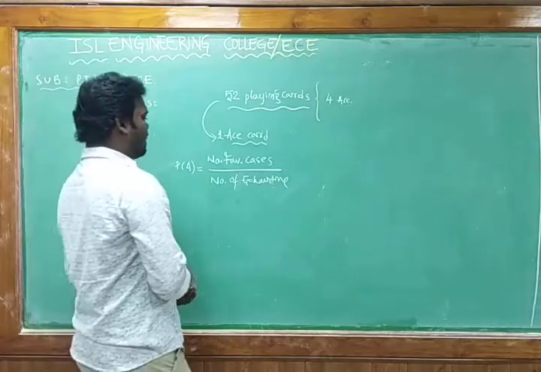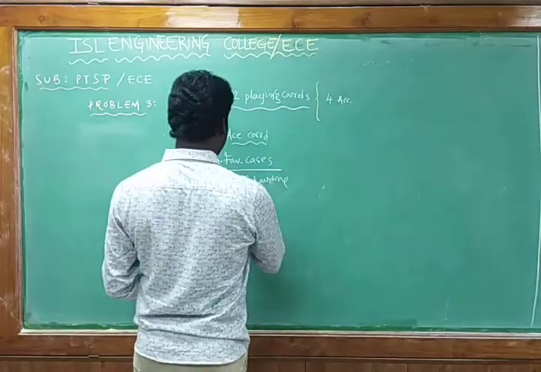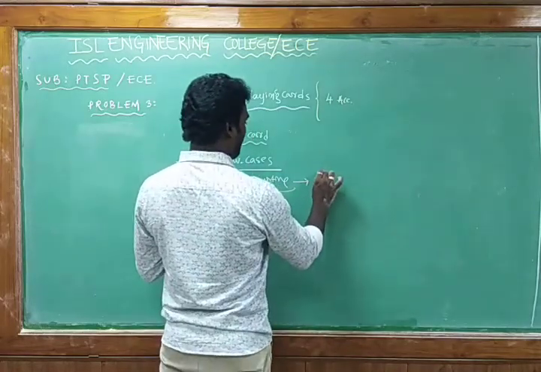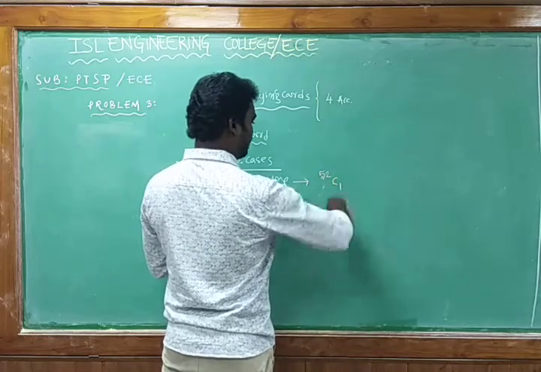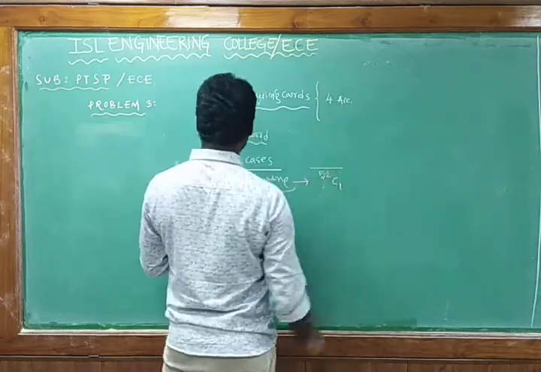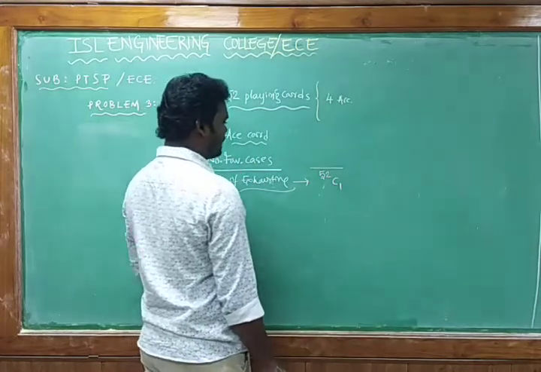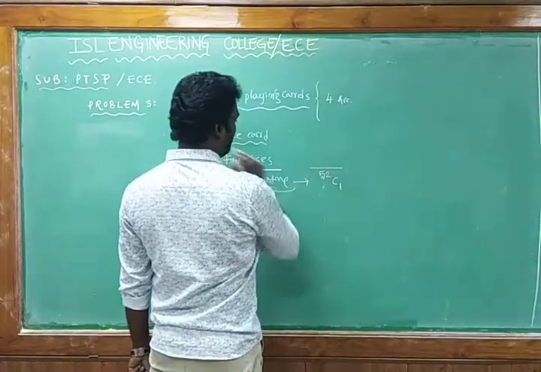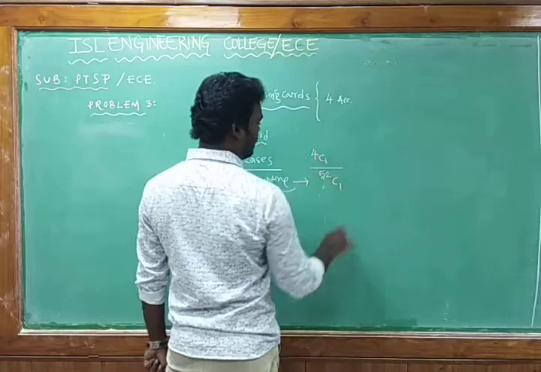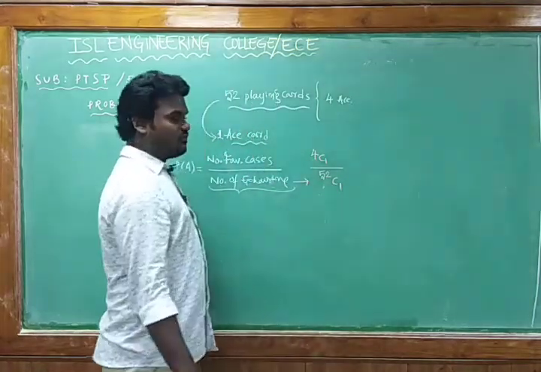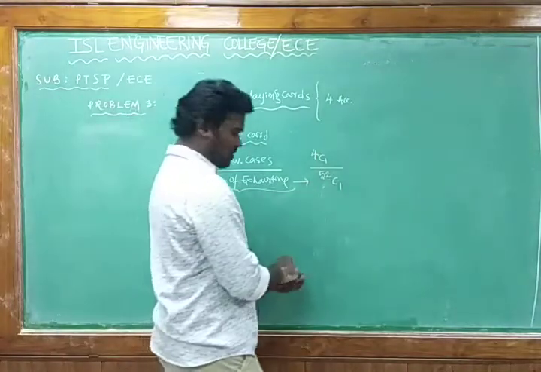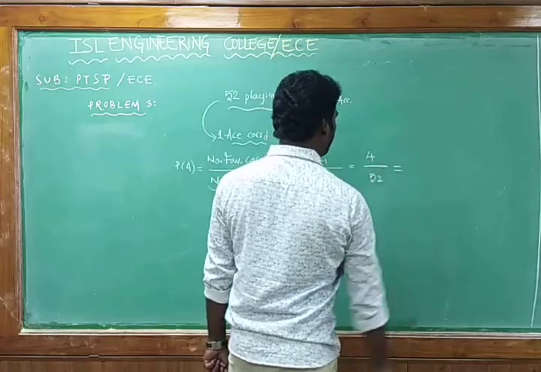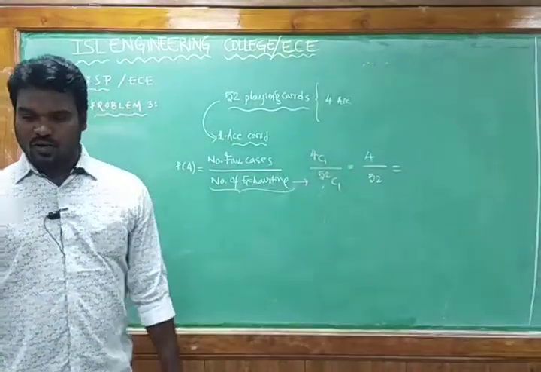First I am going to calculate the number of exhaustive cases. The total number of playing cards is 52, in which we are selecting one card. The favorable cases are the possibility of getting the ace card from the well shuffled 52 cards. There are 4 ace cards, in which we require to select one, that is 4C1, and the probability of A is given by 4C1 by 52C1. That is 4 by 52, about 1 by 13.